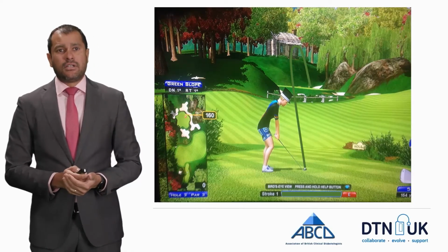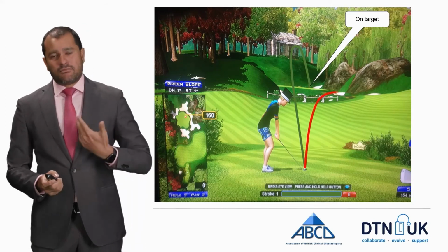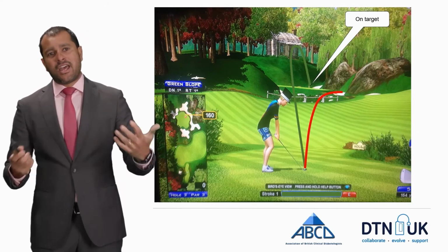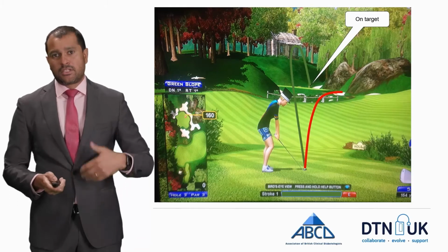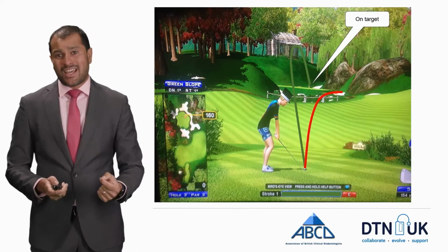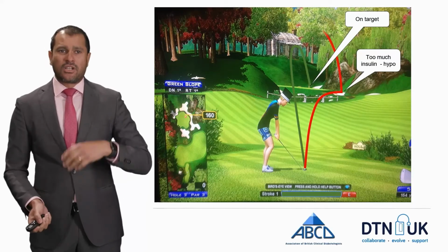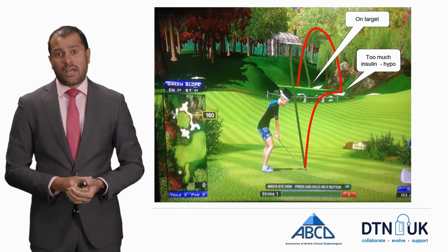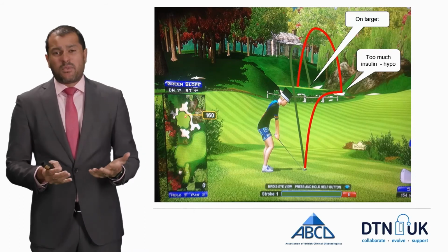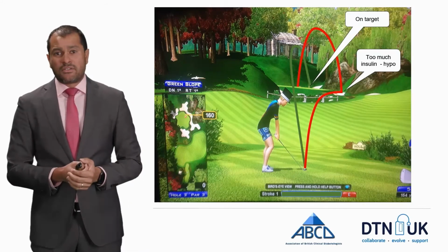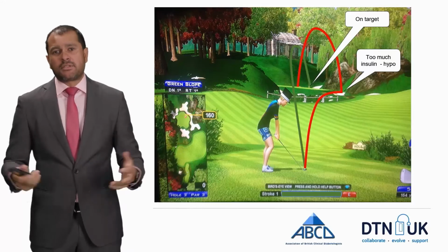Even then though, sometimes you're going to take the right dose of insulin and it's going to end up in a hypo. For that moment in time, on that day, it's going to be a little bit too much. And of course, when you treat the hypo, blood sugar is going to go up and down, it's going to be a bit messy for a while after. And that might happen, we think, even if you do everything you can, up to 5% of the time.